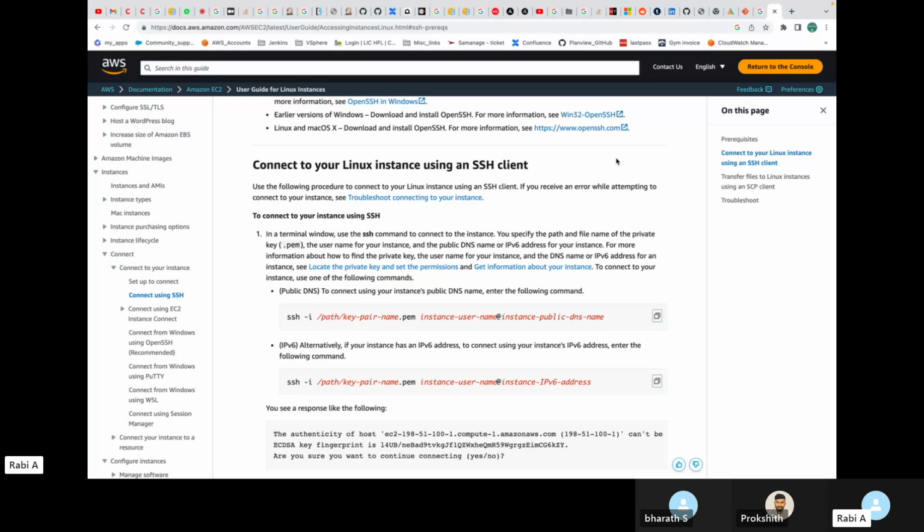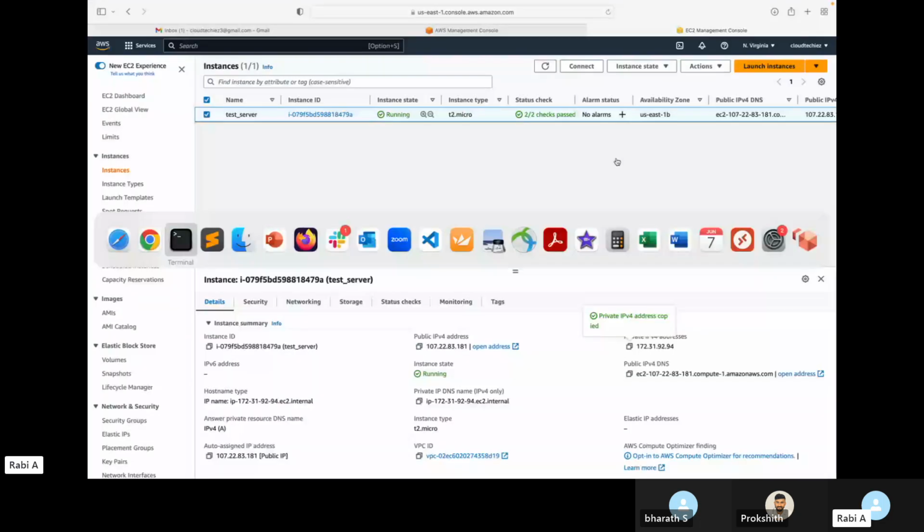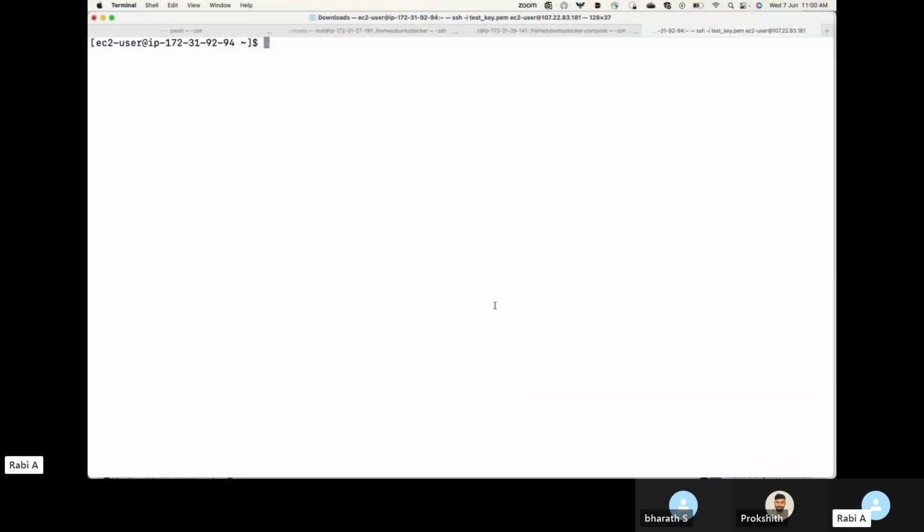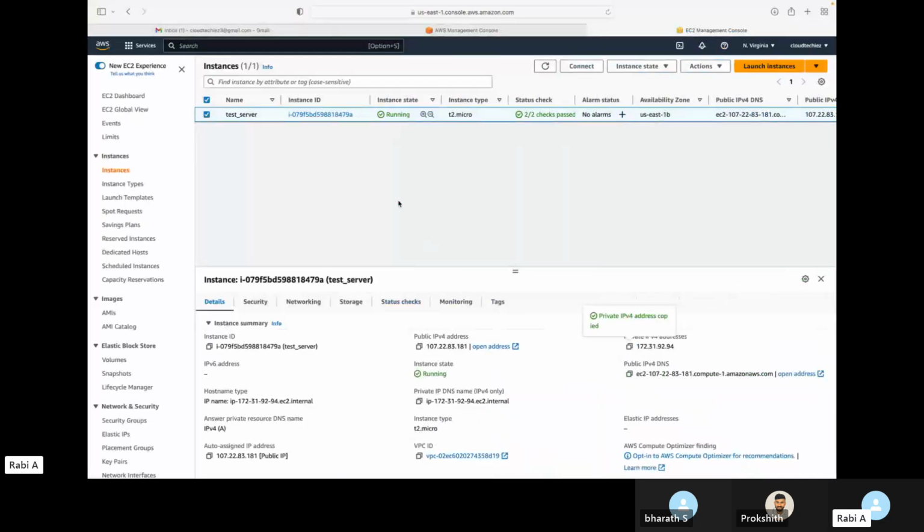So basically, this is one way for you to connect to the EC2 instance, the Linux virtual machine. Any questions until here? No. Okay. Now the other way, if you're not comfortable using the SSH command line, you have another option as well. It is using the PuTTY tool. You can use a UI-based tool, and you can use that also to connect